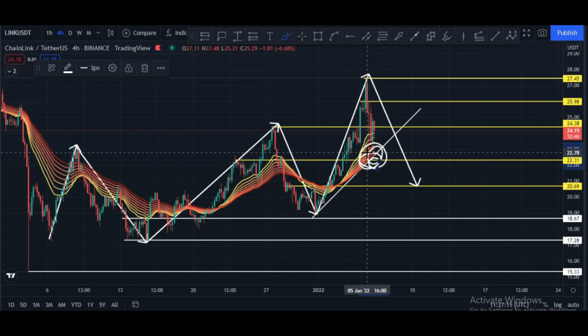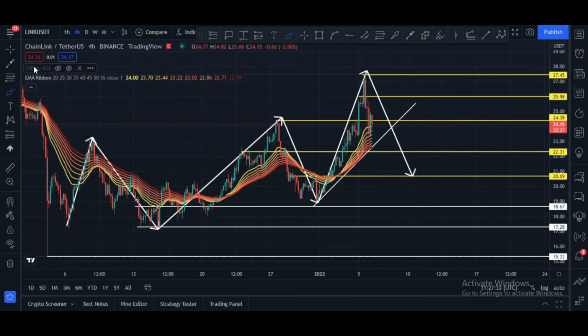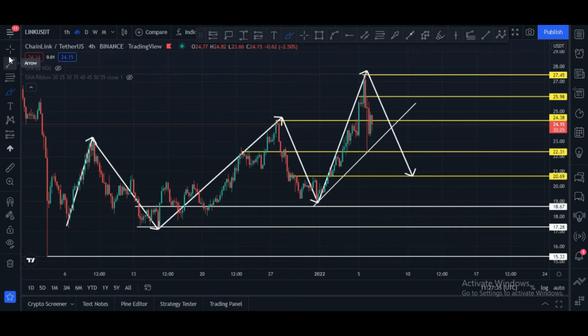If price rejected from this zone and if price break this zone, then price can go to $20, maybe $18 very soon. And if price bounce back, then $24 will be our target, $25 will be second target, and $27 will be third target. And let me please hide this EMA ribbon, and let me please show you some fib